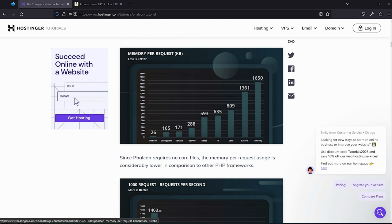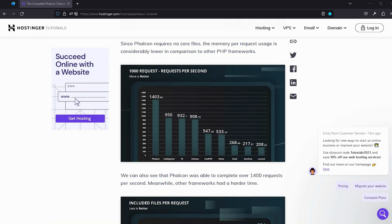And the other important frameworks are Laravel and Symphony. Laravel uses 1361 KB for each request and Symphony uses 1650 KB for each request. Now I will talk about how many requests per second each framework receives. Phalcon receives 1403 requests per second and CodeIgniter 950 requests per second and Symphony 270 requests per second. Laravel receives 208 requests per second